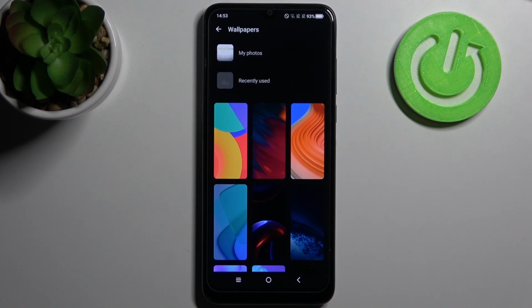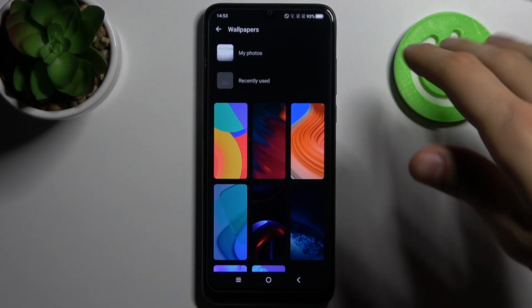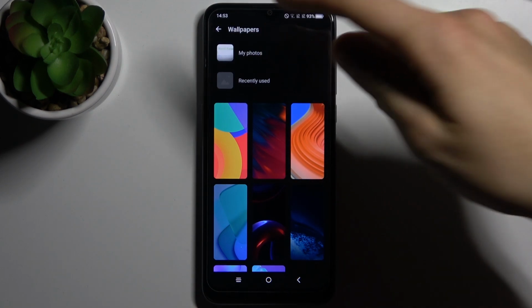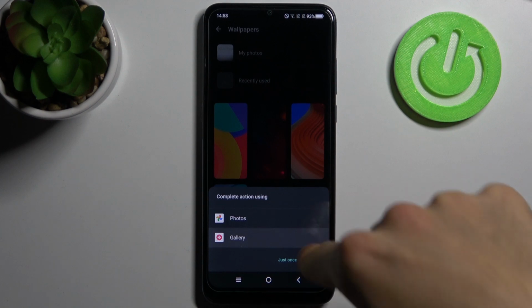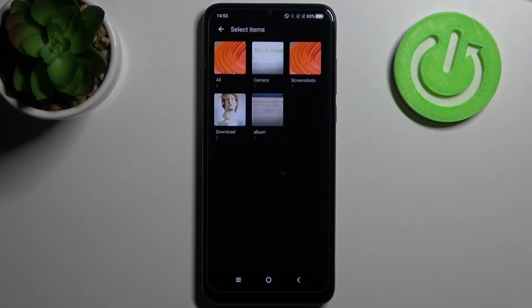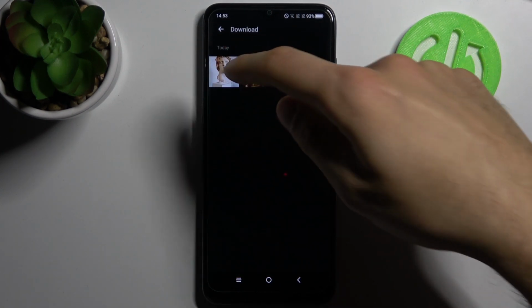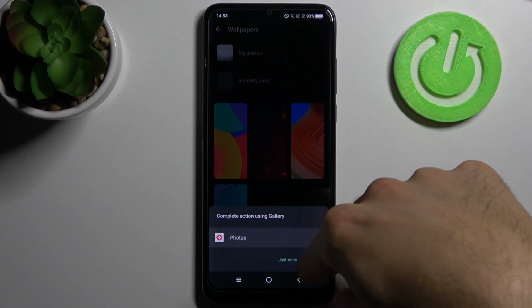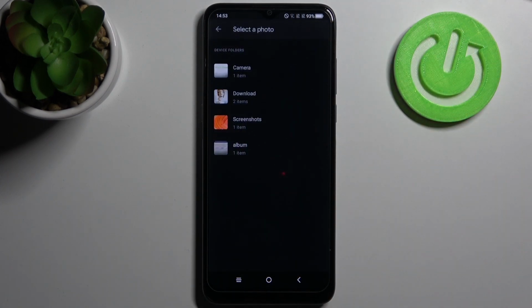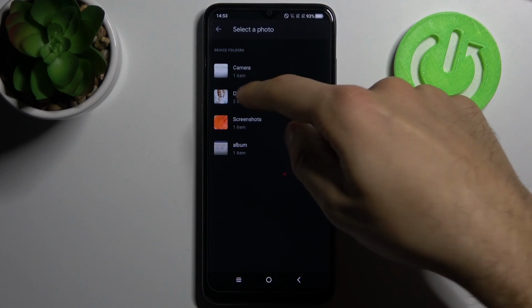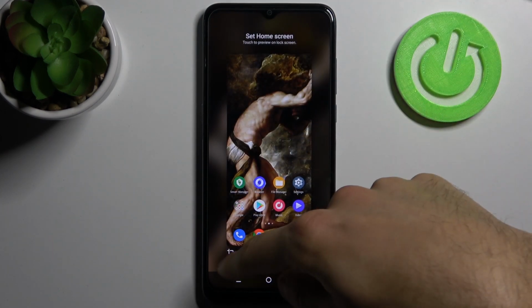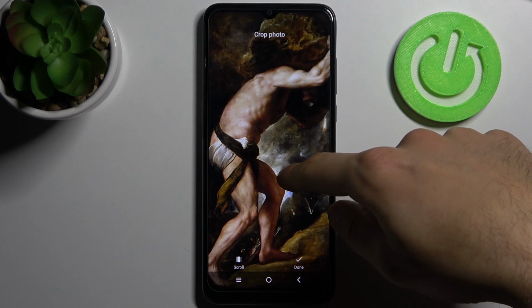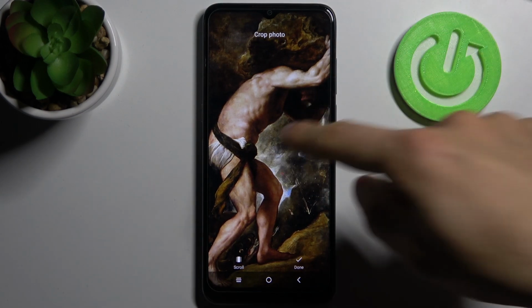You can select one of the pre-installed on device wallpapers, one of these super aesthetic ones, or you can just set any other photo or image that you can download from the internet and go onto the My Photos. Then pick a photo. Then you can crop it or adjust it like this. Tap edit crop. Here you can select how you want your image to look,